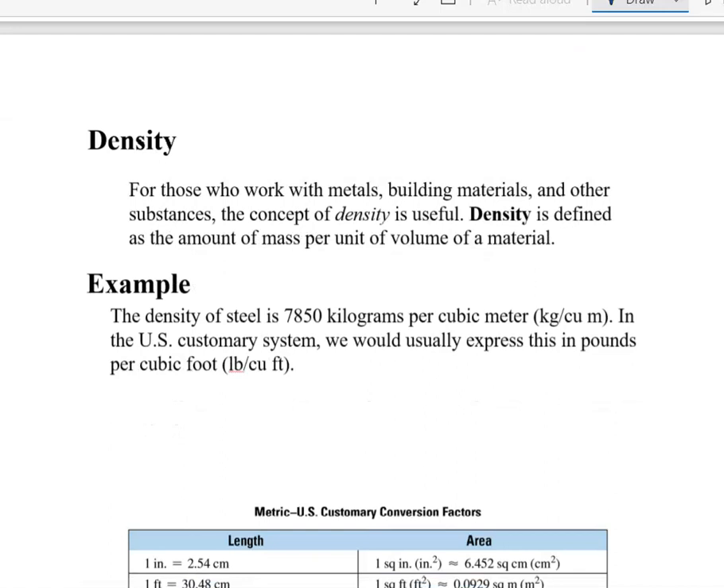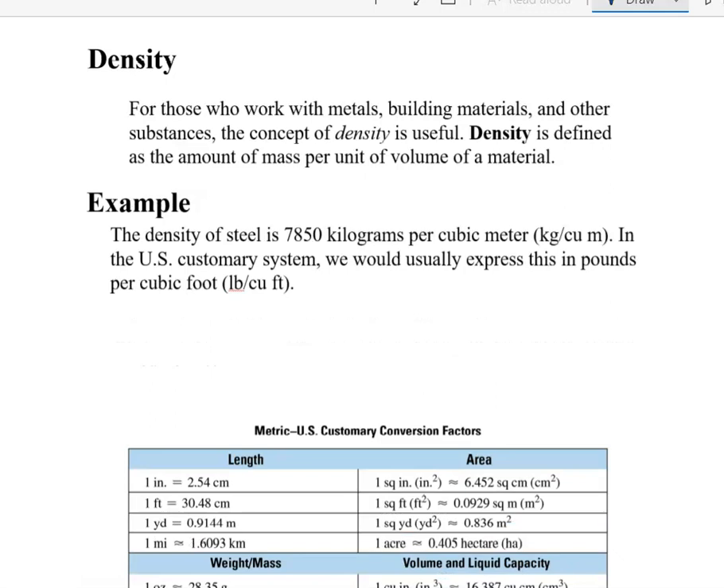For those who work with metals, building materials, and other substances, the concept of density is useful. Density is defined as the amount of mass per unit of volume of a material. The density of steel is 7,850 kilograms per cubic meter. So we're comparing kilograms per cubic meter. In the U.S. customary system, we would usually express this in pounds per cubic foot. So if we want to take 7,850 kilograms per meter cubed, we want to change it into pounds per cubic